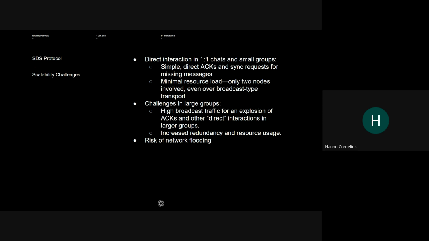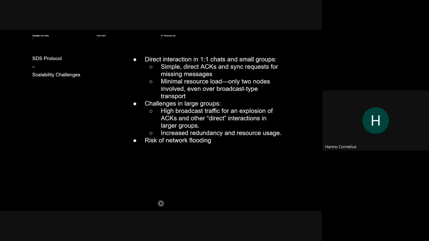And the point is that even if you use some broadcast type transport here, so even if these interactions, these acknowledgements are broadcast to a large group of people, the number of these interactions is relatively low because you have a low number of participants, and you don't necessarily need to think about scalability so much.